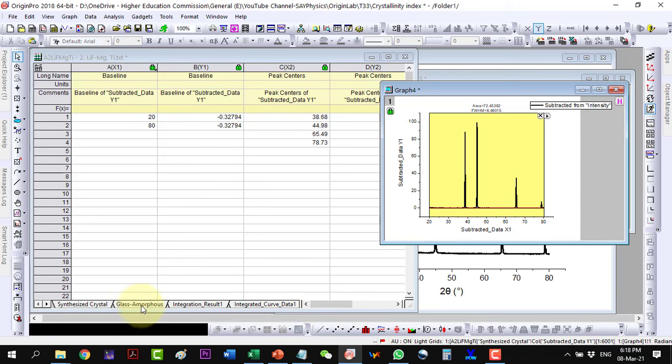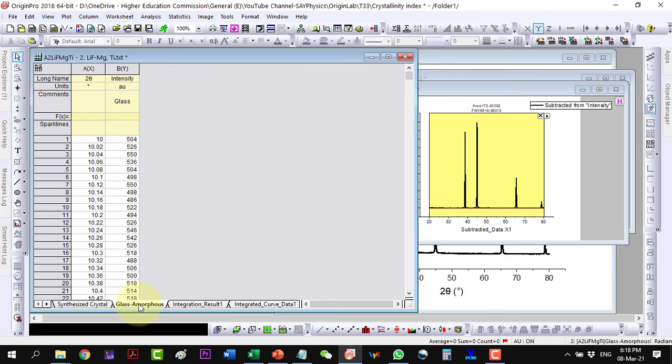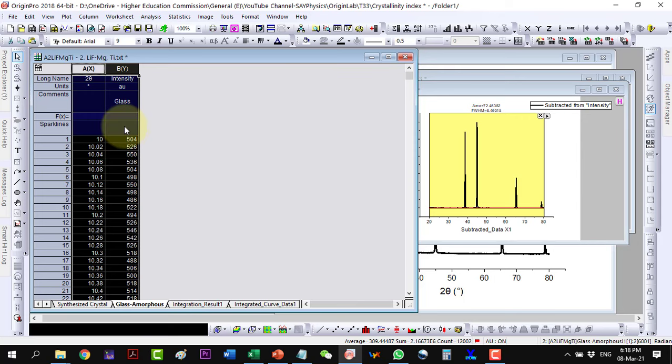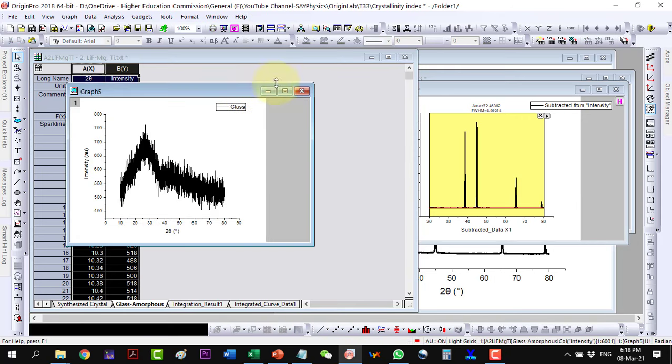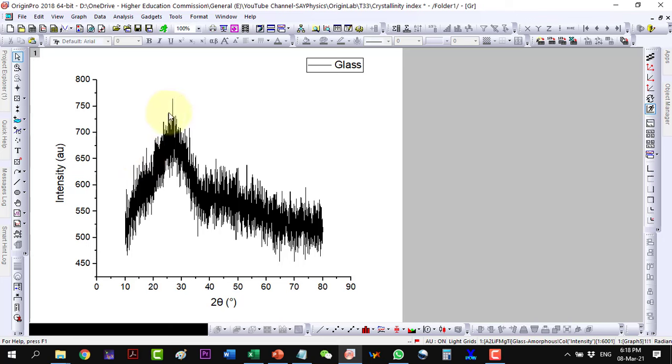And now I go to the amorphous glass, and here I plot this data. And now I will have to find this peak and then the total area. It is to be kept in mind that this peak is not having its end very clearly, so we will have to approximately select the size of this peak.